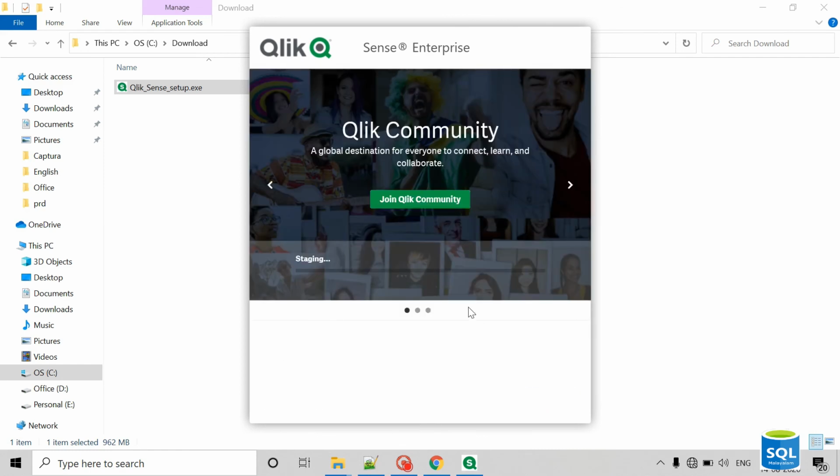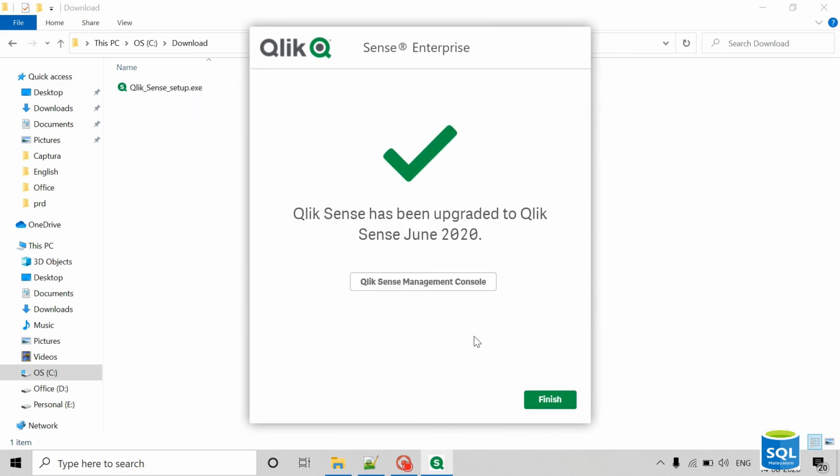Like during the backup it stopped services, like that it will stop the services and start the upgrade process. Now the installation process is completed. So all the features will be upgraded to the latest ClickSense June 2020 version.